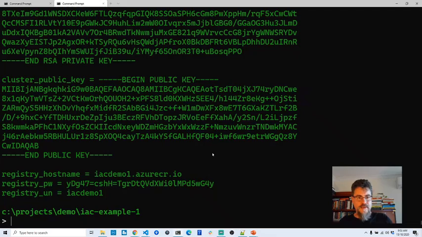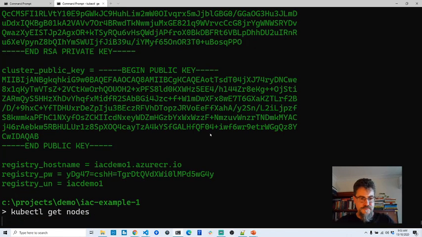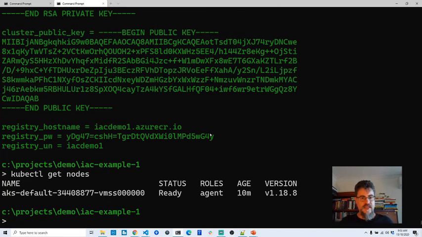Now let's just have a quick look back here. Are we finished? So we basically got the same output as before here. But this time I can run kubectl get nodes, and we've only got one VM. Now, just to be clear,